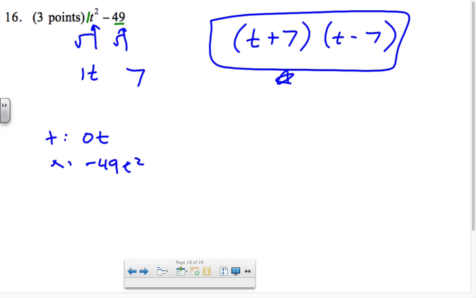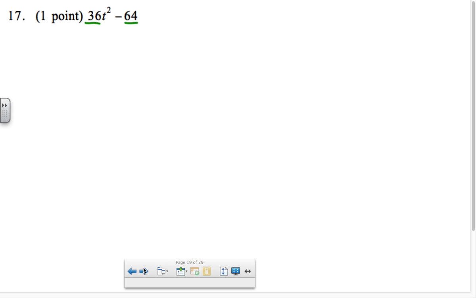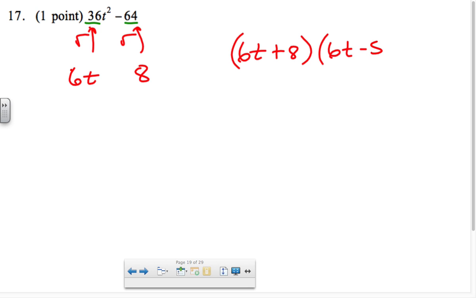All right. And then number 17 is real similar to that. These are perfect squares, so if I square root this, I'm going to get 6t. If I square root this, I'm going to get 8. There's nothing in the middle, so it's going to factor to 6t plus 8 times 6t minus 8. However, I did say this isn't technically the correct answer, because it can be factored further. So to factor it completely,